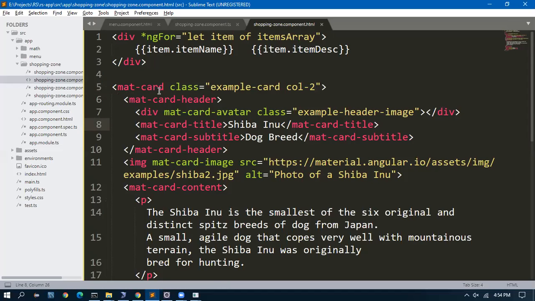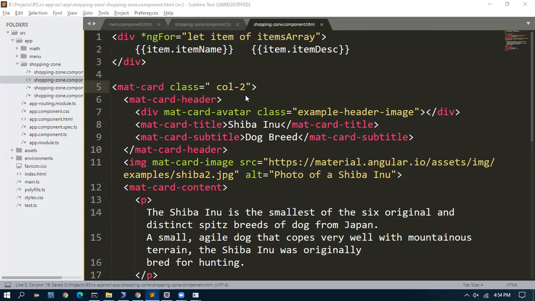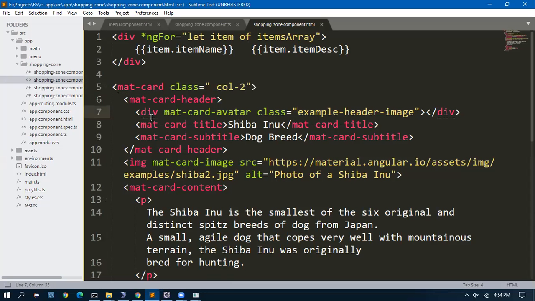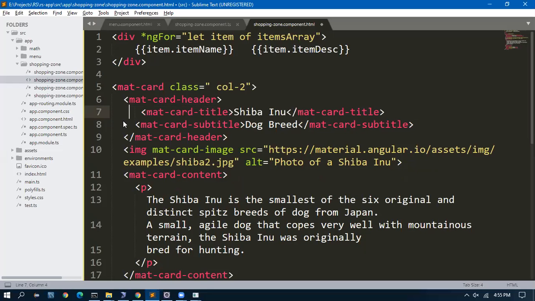Now I will get rid of this class example card. There's no change. Then the mat card avatar, the avatar example header image, I'll get rid of this. The title is Shiba Inu, but instead of that, I want the orange or apple to come dynamically.